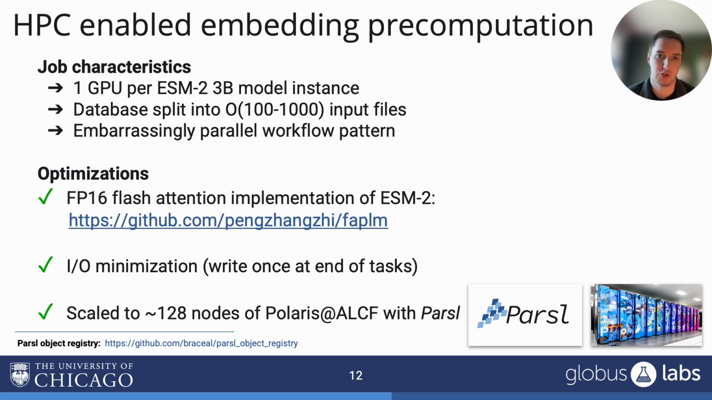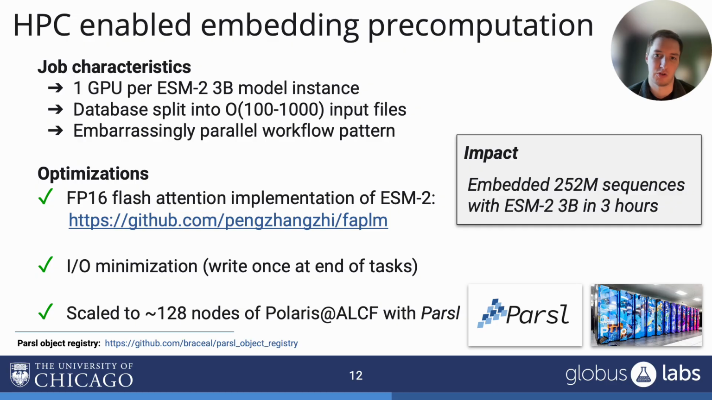The job characteristics usually require a single GPU per model instance, for which input data is distributed in an embarrassingly parallel way, as each input sequence represents an independent unit of work. We make use of several optimizations, including an object registry, which keeps models warm in GPU memory of the Parsl process between task invocations. Putting this all together, we were able to embed 252 million sequences in roughly 3 hours,